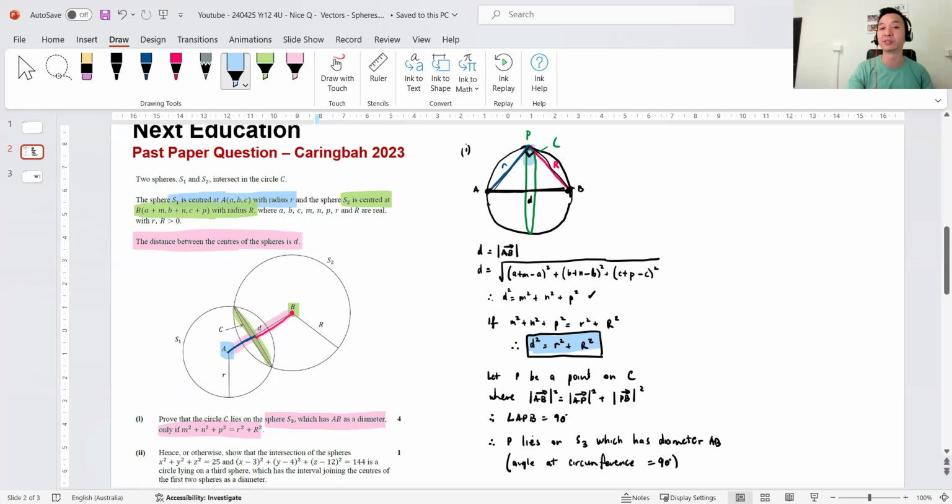If it's a right angle on the circumference, it's a sphere, right, where the point is, where P is. And since P lies on C, P also lies on the circumference of the sphere. That's exactly what I want to prove, that the circle C lies on that. Every point on circle C lies on the sphere. I've done it, right? So therefore,